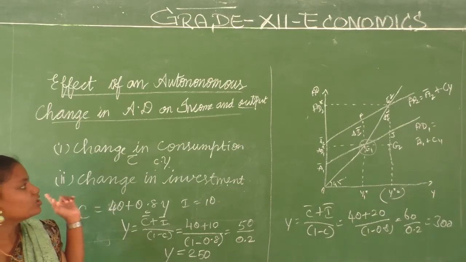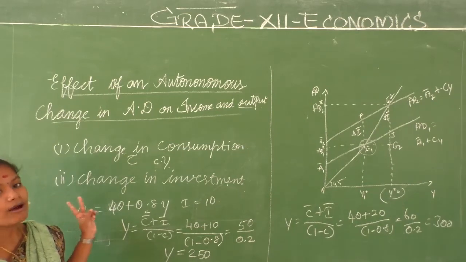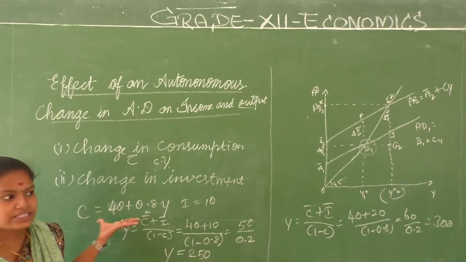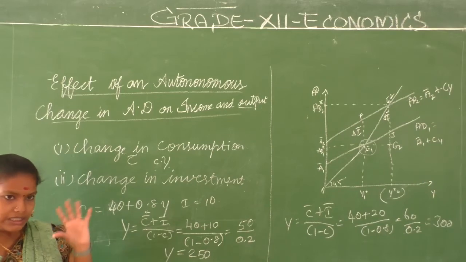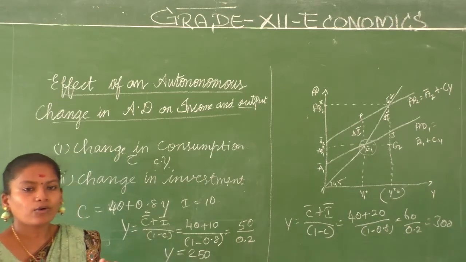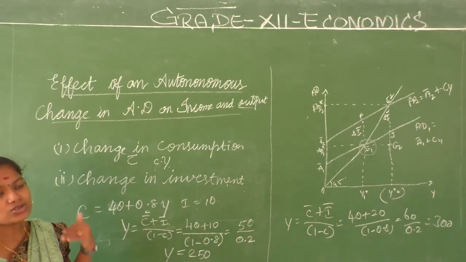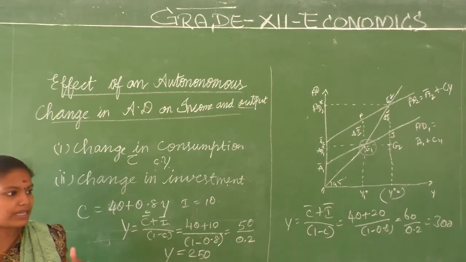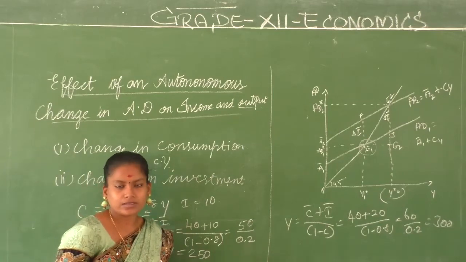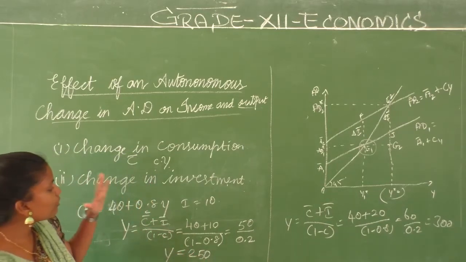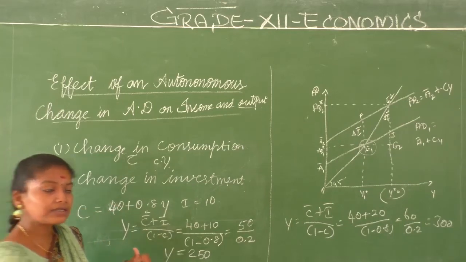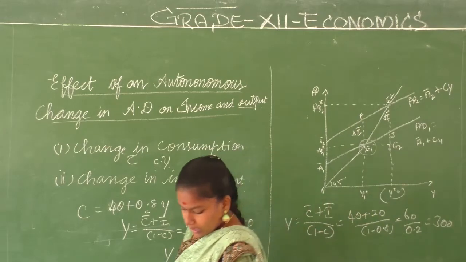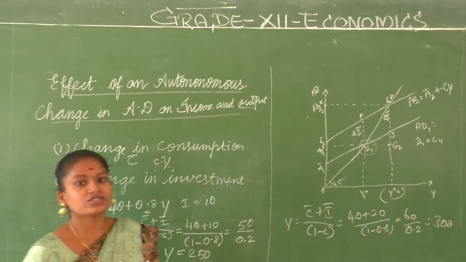What is the one thing? Change in consumption. So here you have two, autonomous consumption and induced consumption. Whereas change in investment, we always keep it as a particular expenditure. Whatever income it is, there is no change in the investment expenditure. The same amount is incurred for investment every year is what we have discussed so far. But what are we going to understand now? There are some other factors which might influence the change in investment.